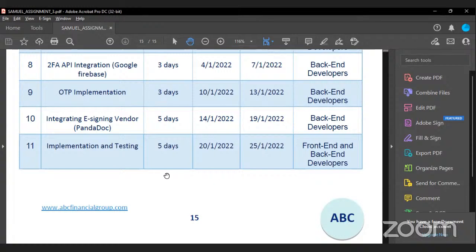Based on the work I have done with my team so far, I might have just included the implementation, where we implement all we've done and test the projects or the websites by ourselves. That's why it is 5 days as stated there. Yeah, I left that part out. Any more questions? That's great, Samuel. Okay, sir. Thank you.